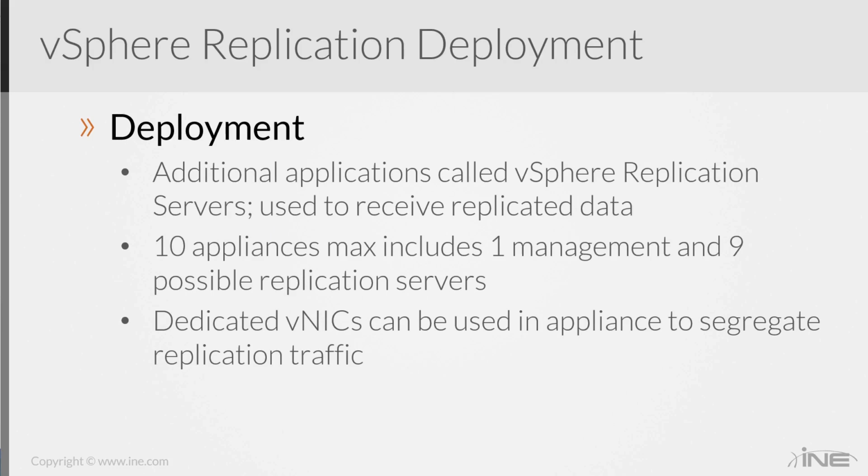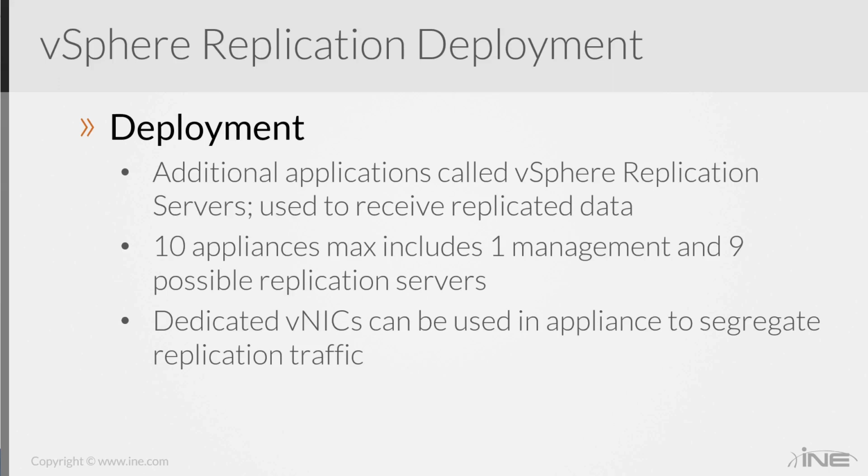Generally, the vSphere Replication management server is the only appliance that would need to be deployed in our infrastructure to be up and running with vSphere Replication. So basically, we'll just deploy one appliance at our main site, and that should give us the ability to start